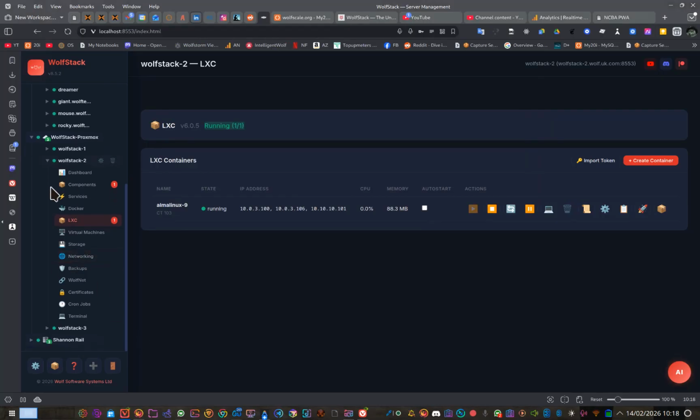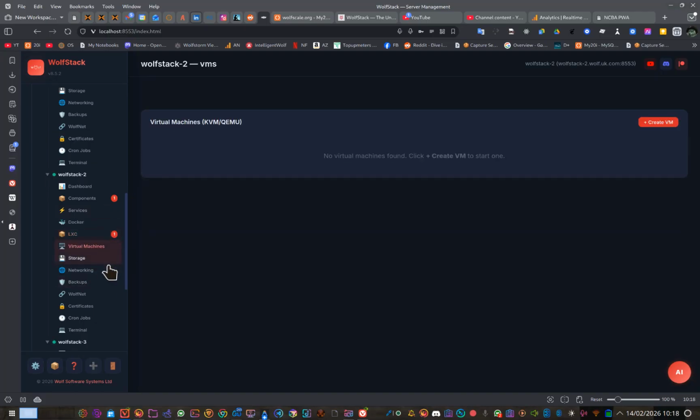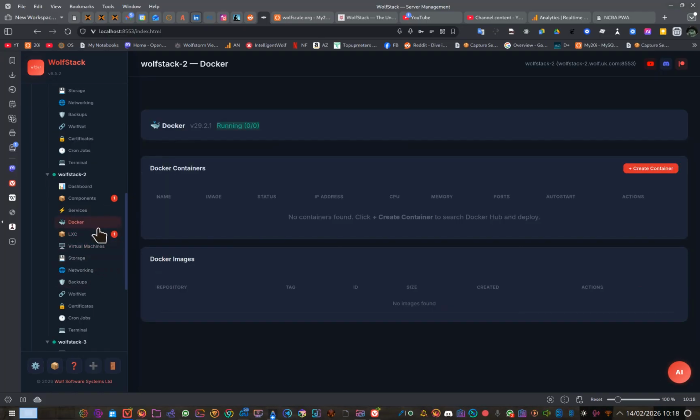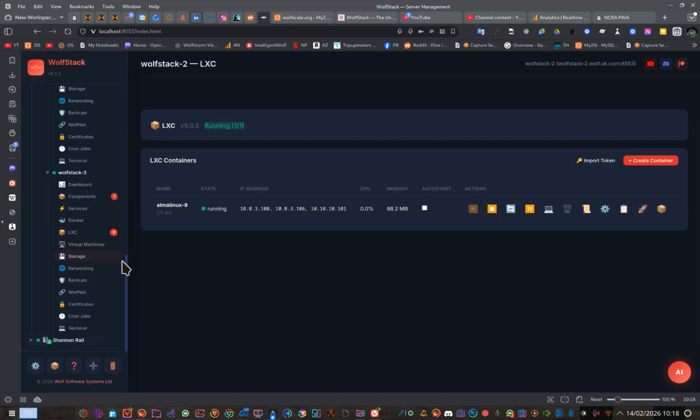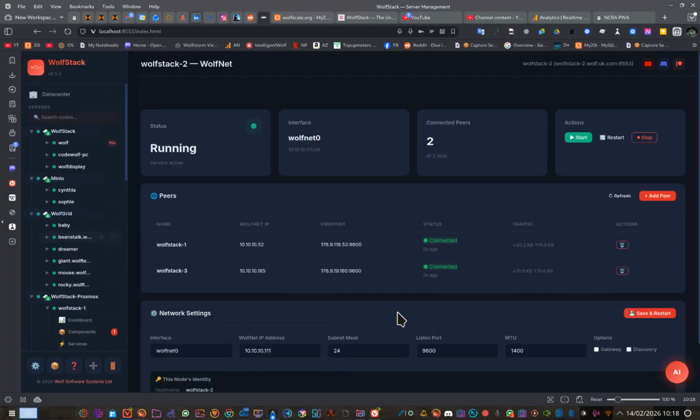You know, and these are Proxmox. There's WolfStack 1, 2, and 3. These are actually sitting on Proxmox, but I could create VMs here. I can create Docker, which of course you can't normally do with Proxmox. It's all here. And the beauty of having it in one thing as well is that there's an AI